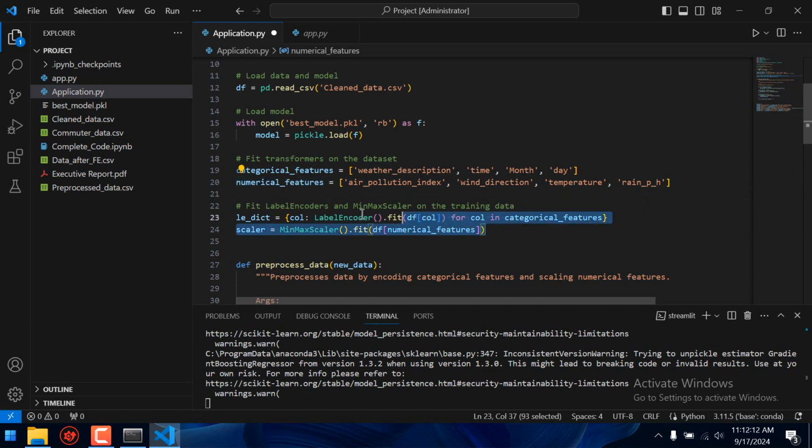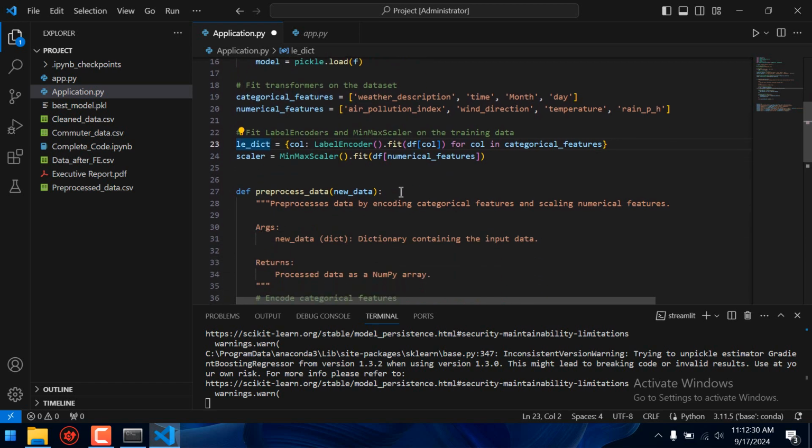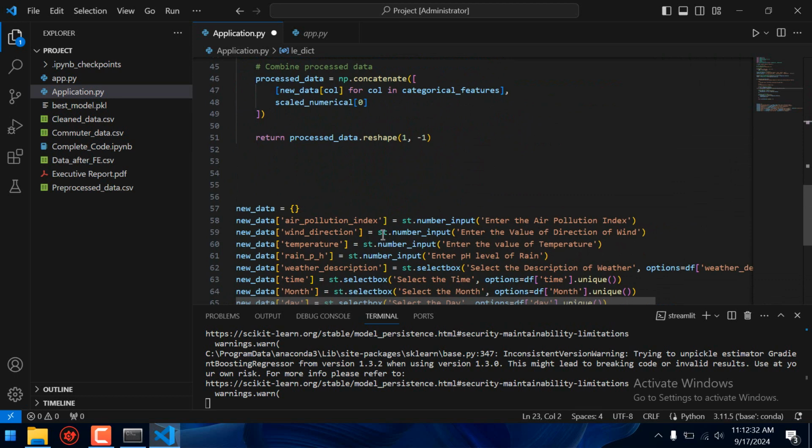So these two variables have been fitted on this data. It is just like a model, which means these two variables know everything about this data. Now this knowledge will be applied to the new data, which will be taken as input.